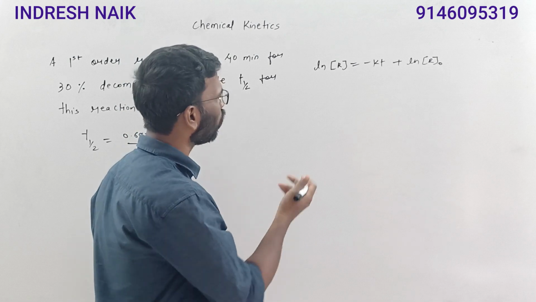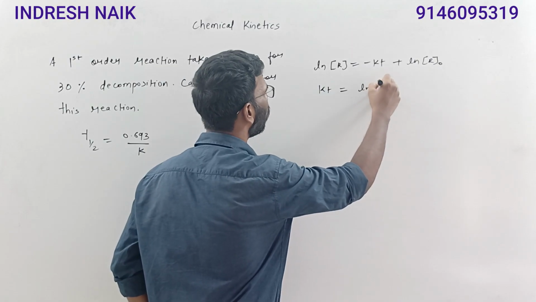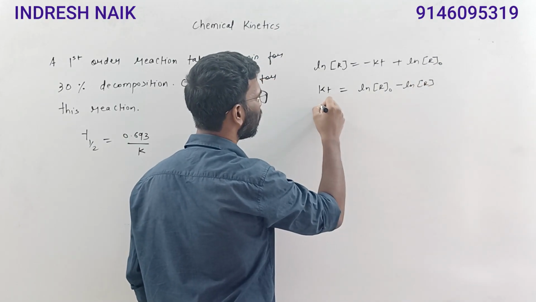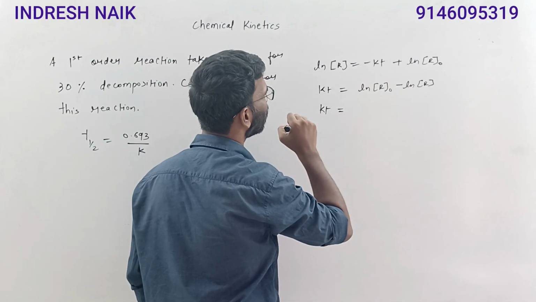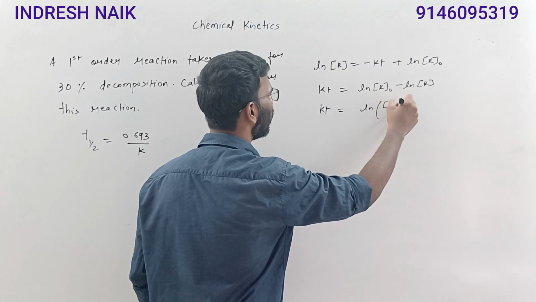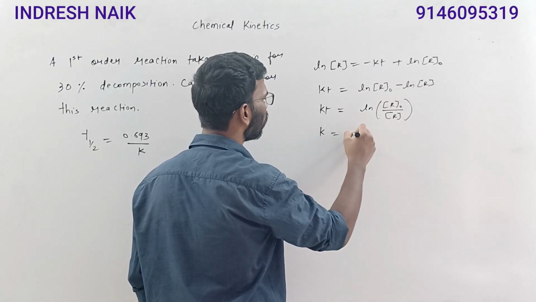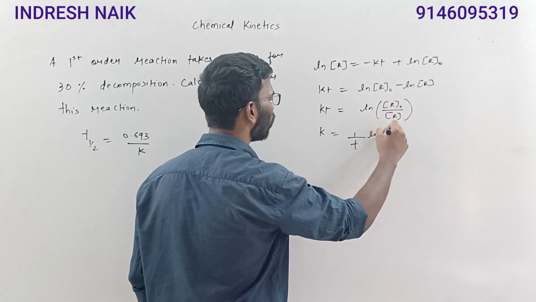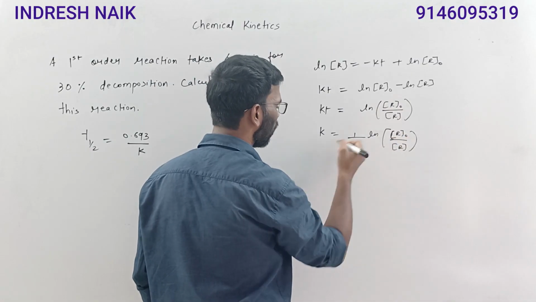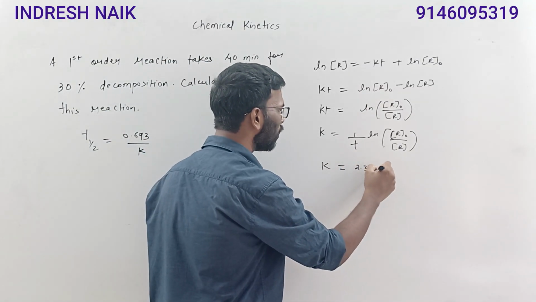Now how to get k, how to write this? I'll write kt is equal to ln of R0 minus ln of R. By identities of the logarithm we can write this way, so k is equal to 1 by t ln of R0 by R. Now when we convert natural logarithm to log, we multiply by the factor 2.303 and log of